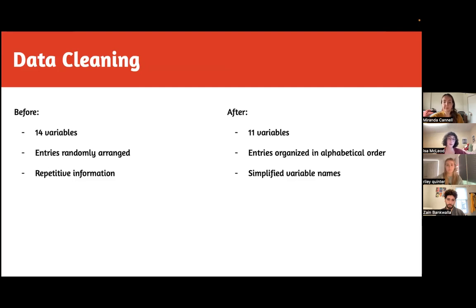There was also some more repetitive information in the data set that needed some cleaning. The original data set had the columns genre label, genre, and table, and these three columns essentially had all the same information. So we decided to get rid of the genre label column altogether. After doing that, we renamed the genre column to Netflix labels, and we renamed the table column to genre. We also arranged the observations in alphabetical order by title, which made it easier for us to quickly find specific observations.